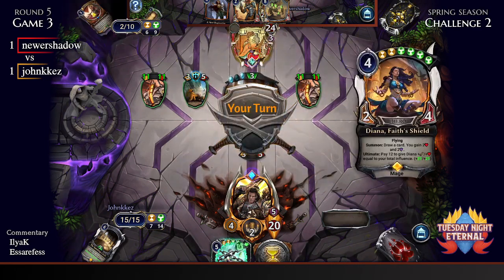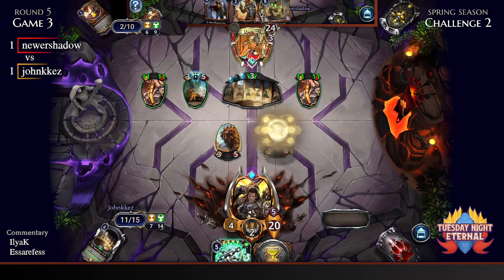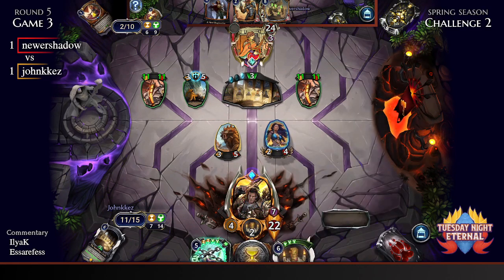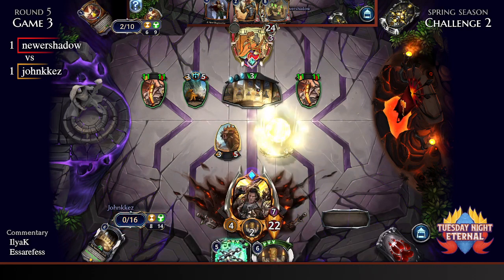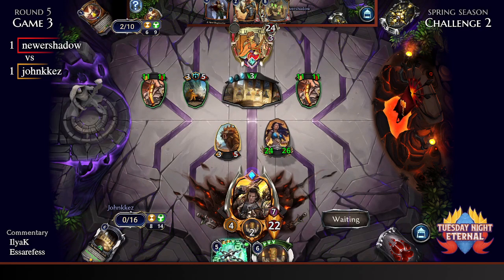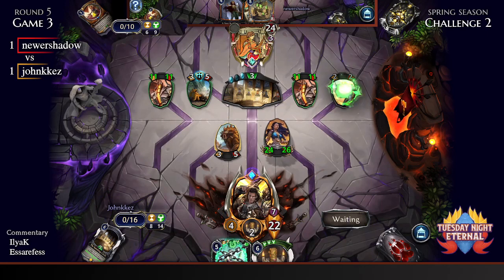Okay, 3rd Decree. Okay, Diana can ultimate immediately. Or we can play the Age-Worn Vestige. I like ultimating Diana just so that you don't lose her to a relic weapon attack. Right. You won't lose it to a plating, which means, in theory, you can. I mean, this isn't enough attack to close the game in one turn, but